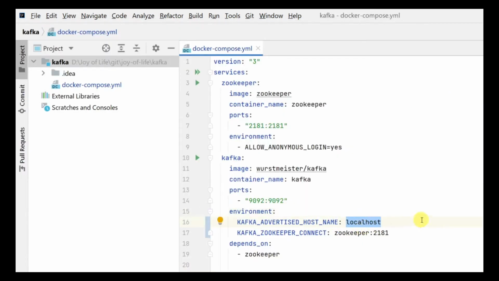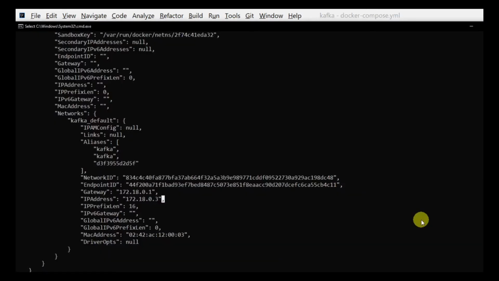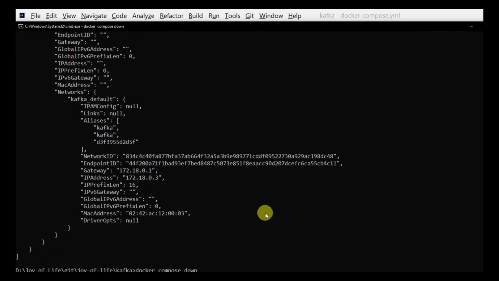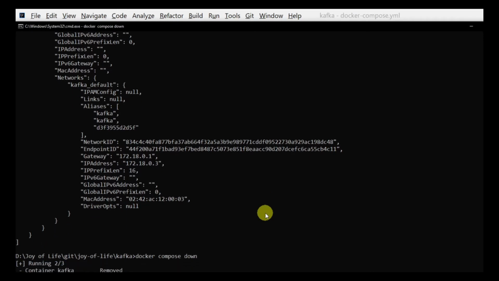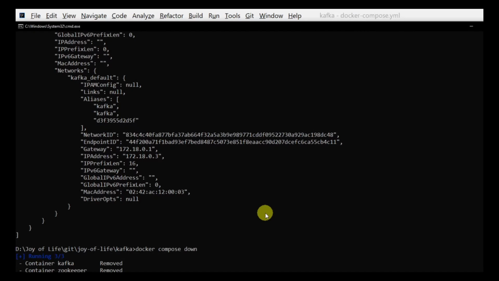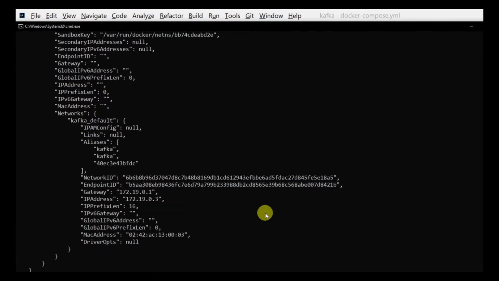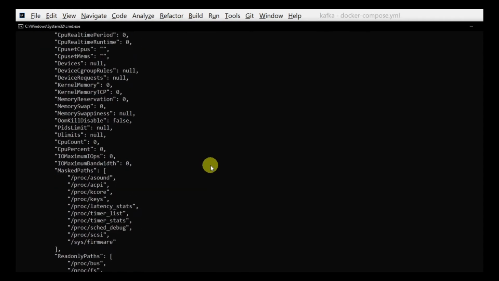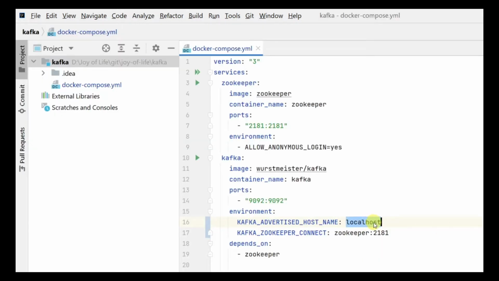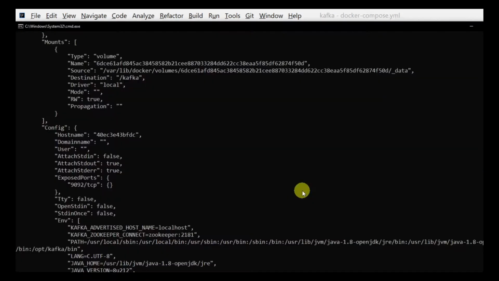But unfortunately, we cannot hard code this because it will keep on changing. This time it was 0.3. If I do a docker compose down and bring it up again, we might have a completely different IP address. So let's see if we get the same IP address or not. Let's start it again. This time we got 172.19.0.3, and previously we got 18.0.3, right? So this is a problem and we need to address it. We cannot hard code this address over here, because it will keep listening to the hard coded address, and maybe this time we have a different IP address, so it's not going to help us.